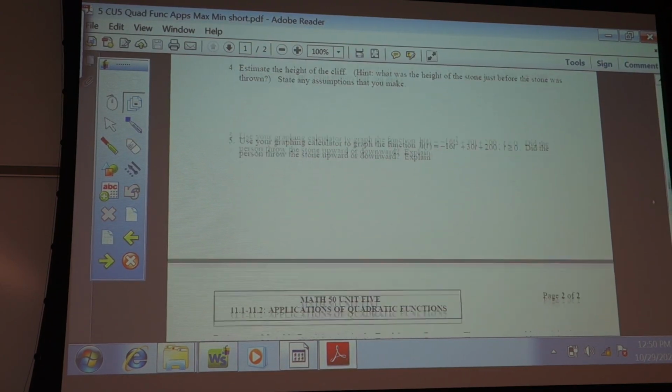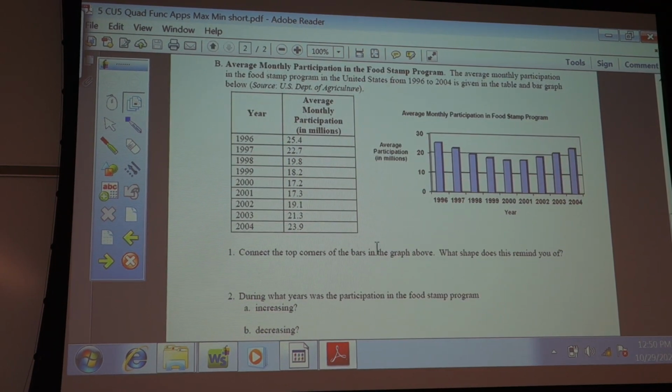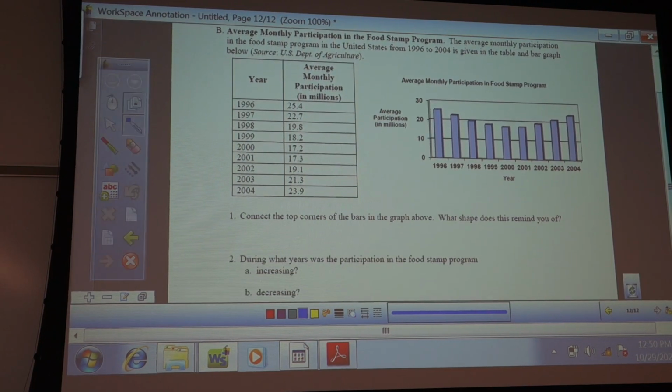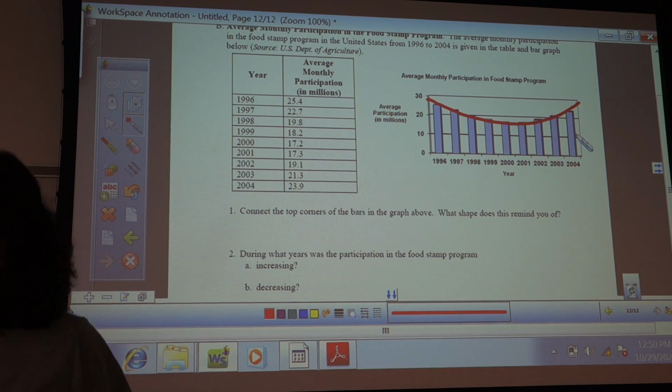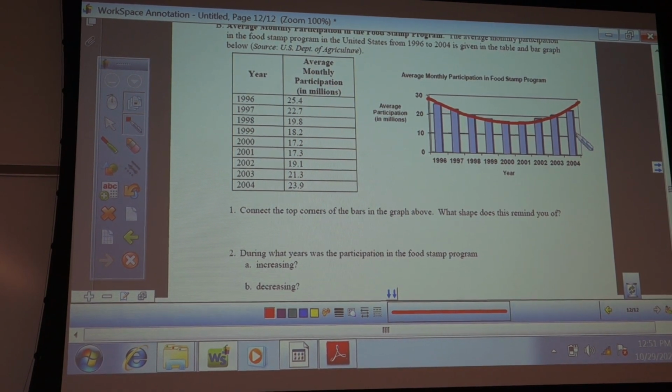Okay, so let's go take a look at the next one. Connect the top corners of the bars in the graph above. No, I don't know what you're asking me to do. What's the top corner? Oh, just